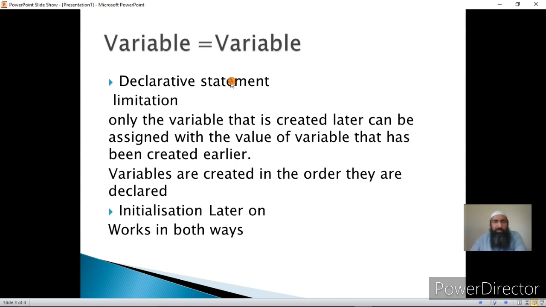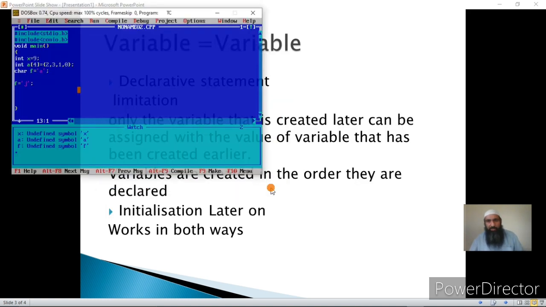We can do this in the declarative statement. Of course there is a limitation, and we can do this for later initializations too. Let us see both methods, but for declarative statements there is an important limitation: only a variable that is created later can be assigned the value of a variable that has been created earlier. Variables are created in the order they are declared. Let us see in the IDE and you will understand this practically.